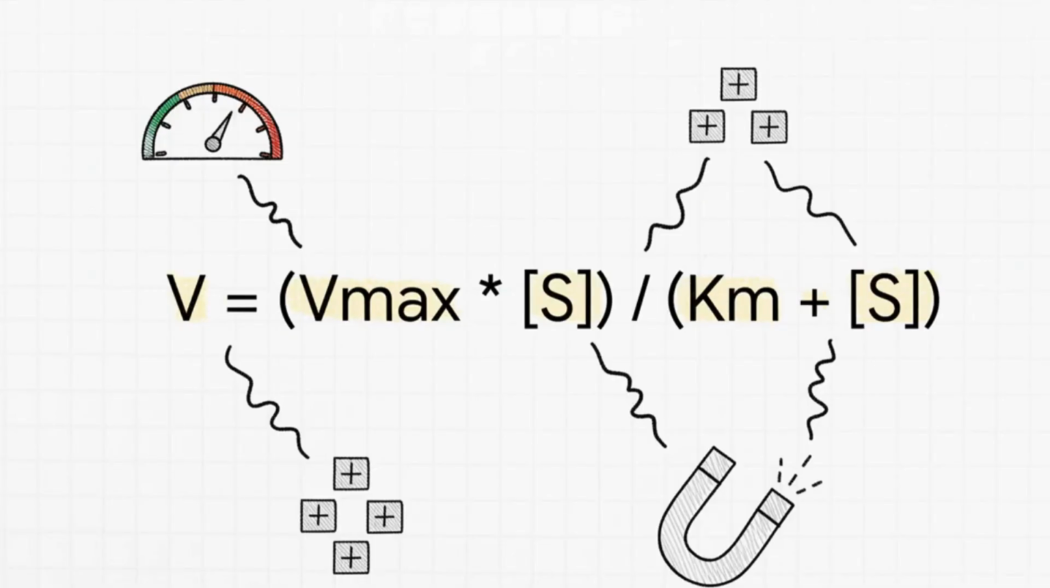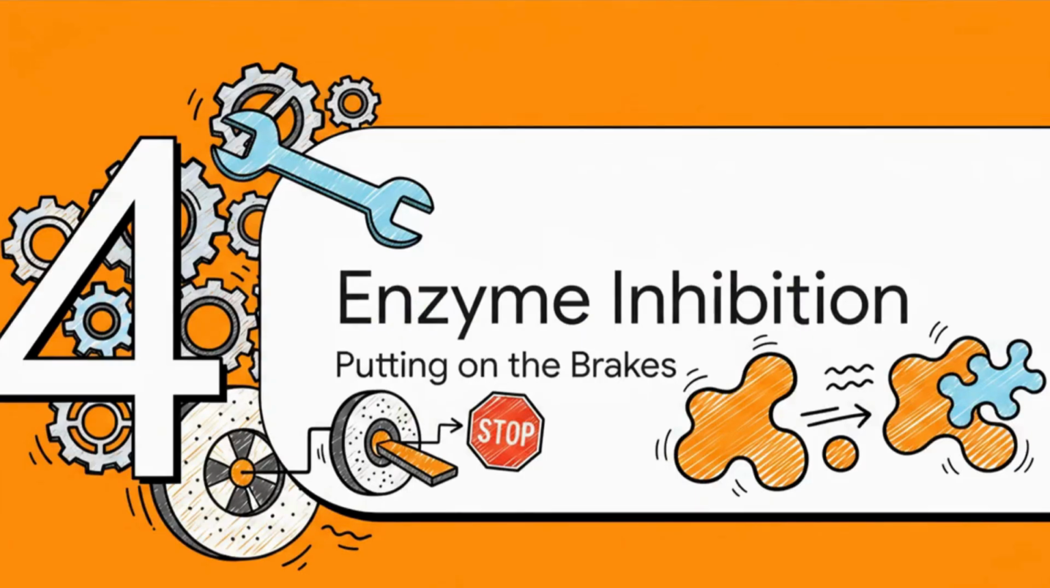And this is where it all comes together in one beautiful formula, the Michaelis-Menten equation. It ties everything together: the reaction rate, V, the max speed, Vmax, the affinity, Km, and the substrate concentration. It's the foundational equation for modeling how pretty much all enzymes behave. So why does all this matter so much? Well, because sometimes we want to slow enzymes down. And understanding how inhibitors work, these are molecules that basically hit the brakes, is absolutely critical in biology and especially